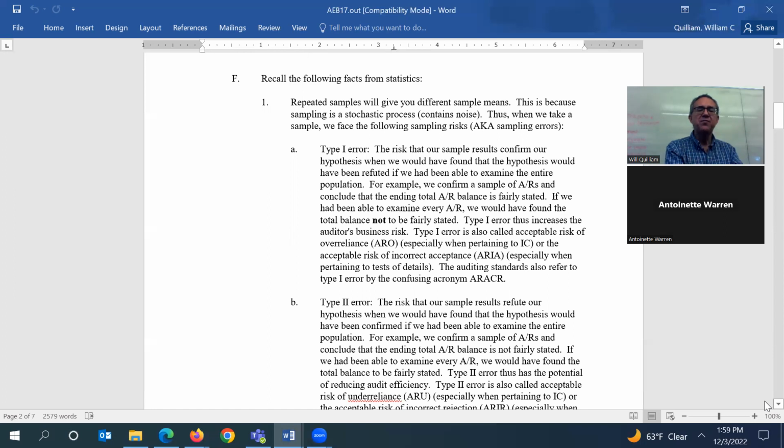So first fact, repeated samples will give you different sample means. This is because sampling is a stochastic process. It has noise. Thus, when we take a sample, we face the following sampling risks. So we said that whenever we are sampling,